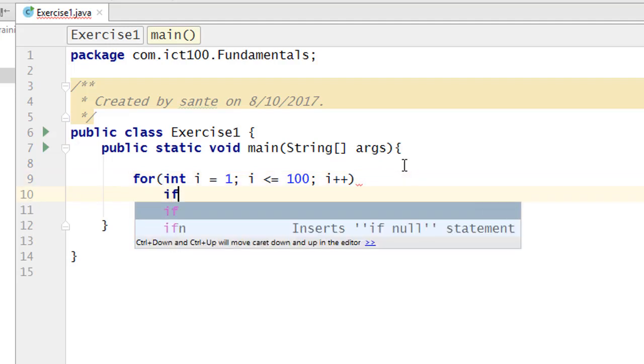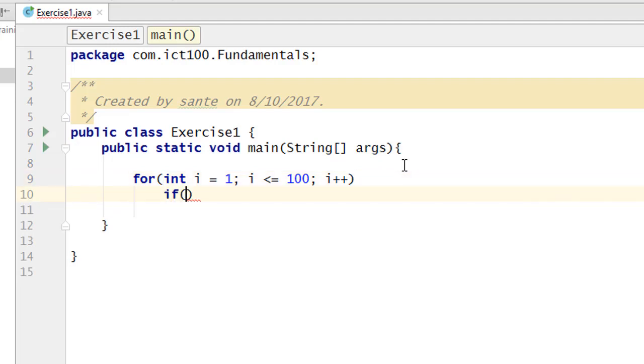Let's say if i, as I said, there's nothing very important here. I'm just showing how to write some code and get your hands dirty. So the only way you're going to be good in programming is only by practice. And I hope you understand. If you don't know what it means, this is a remainder. So if i remainder of 10 is going to be equal to 0, then